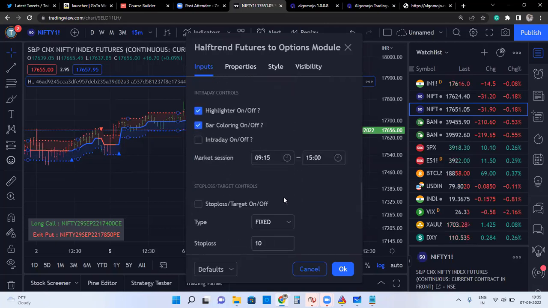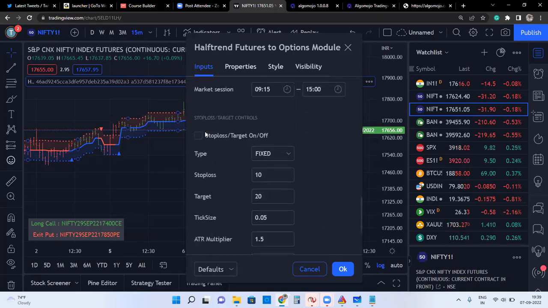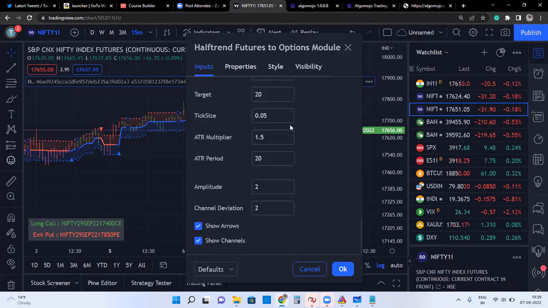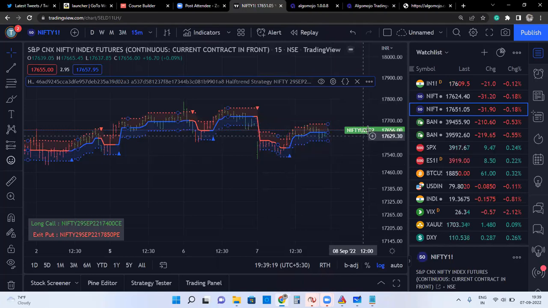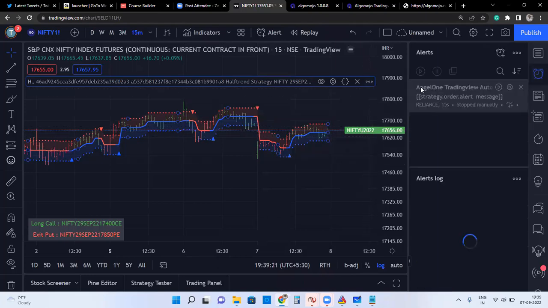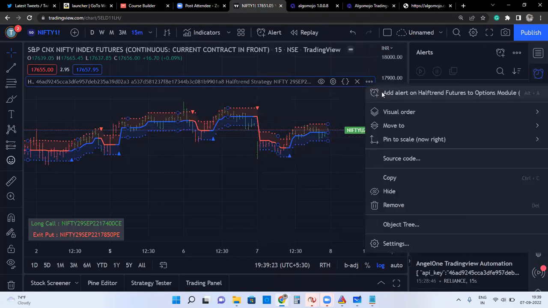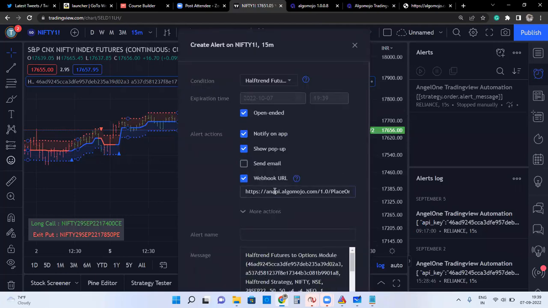Well, if we want intraday control, we can enable it. If you don't want it, it will run like a positional one. And similarly, stop loss control also. If it is required, one can go and keep those controls. Now, once everything is done, press OK. And then create the alert. Again, creating the alert is the most important part. So click on that, add an alert. Ensure that you're using the webhook URL. And say like